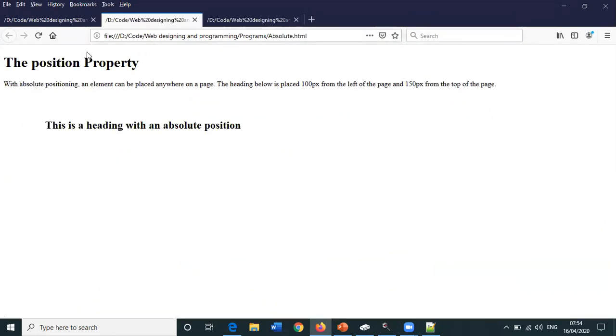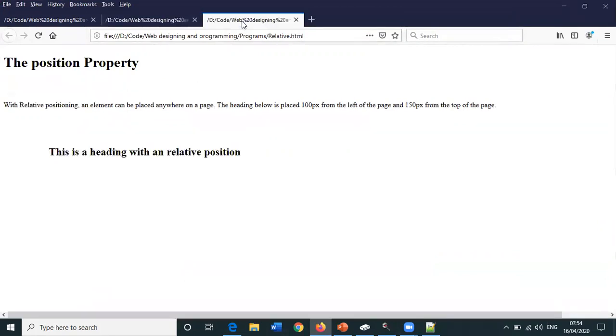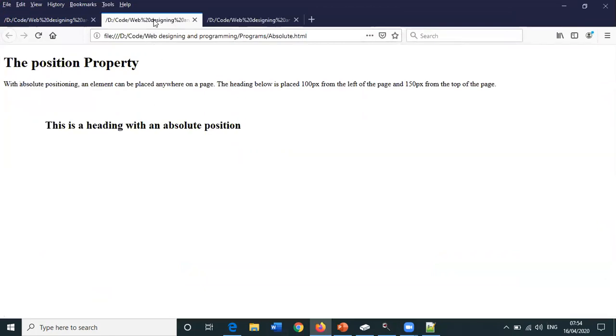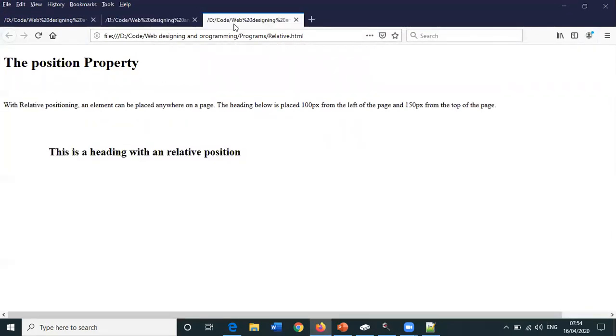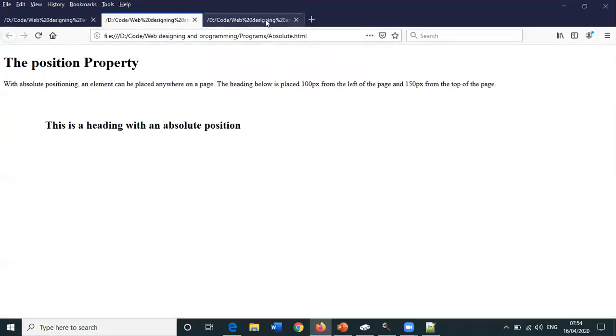You can just check out, from this location absolute positioning came to this particular location, relative positioning came to this particular location. Now if you find some difference over here, what is the difference between absolute positioning and relative positioning? In absolute positioning, the H2 is positioned from the top of the screen to this particular location.